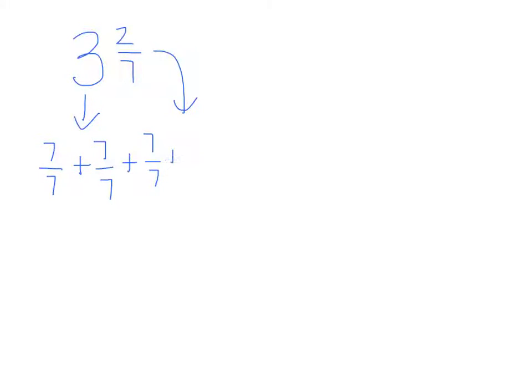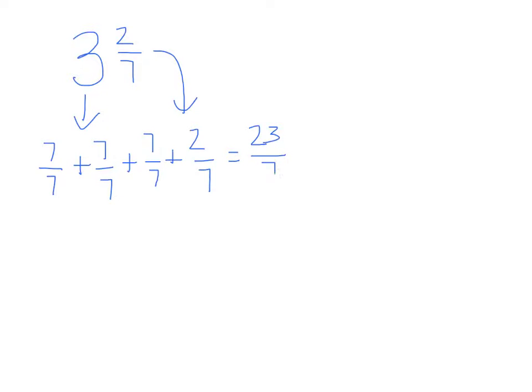Now let's try turning something from a mixed number into an improper fraction. Let's start off with 3 and 2/7. Okay, so the 3 is 3 wholes. So 7/7 plus 7/7 plus 7/7. So I have 3 there, and then 2/7. So I have 7, 14, 21, 23,